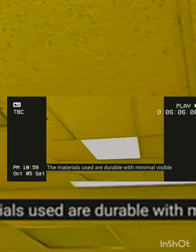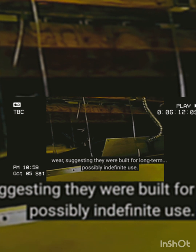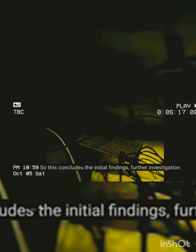The materials used are durable with minimal visible wear, suggesting they were built for long-term, possibly indefinite use. So this concludes the initial findings. Further investigation is necessary to determine the source of